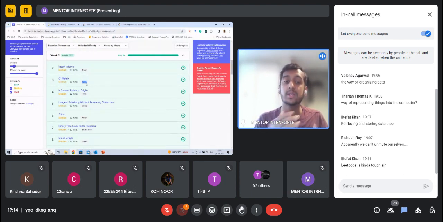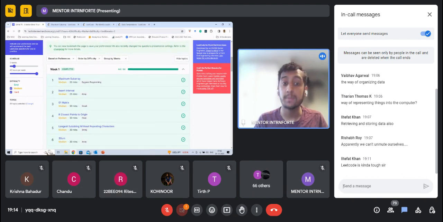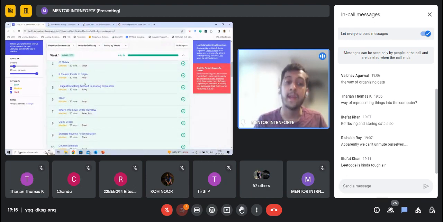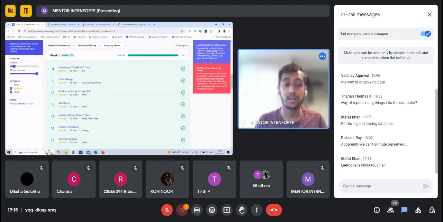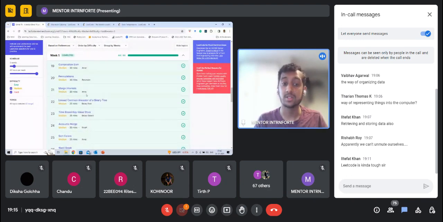And you can also do the same with different algorithms, right? So DP or dynamic programming is another very important pattern of questions. So you can also solve a bunch of questions related to DP, and then you can also solve a bunch of questions related to recursion, right? So that's also an important pattern or algorithm that is asked a lot of times, right?